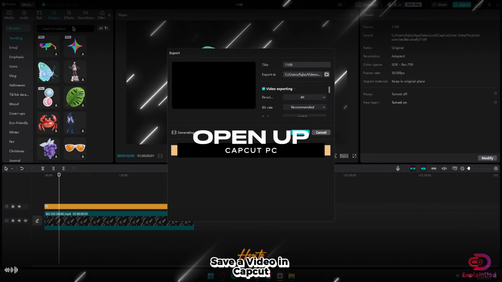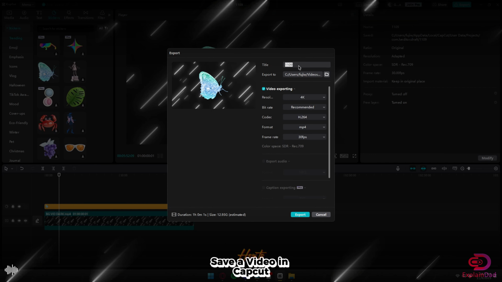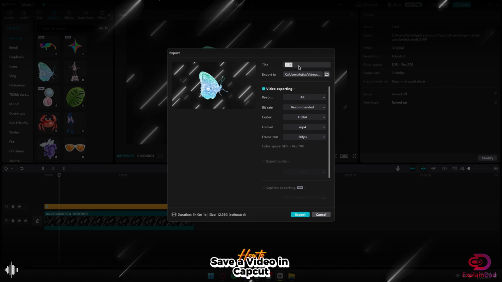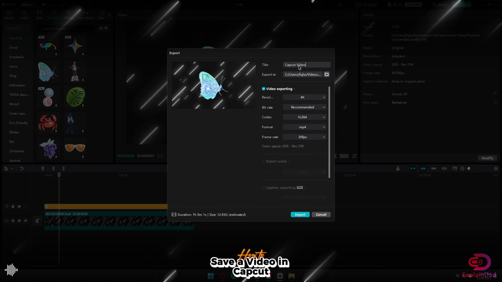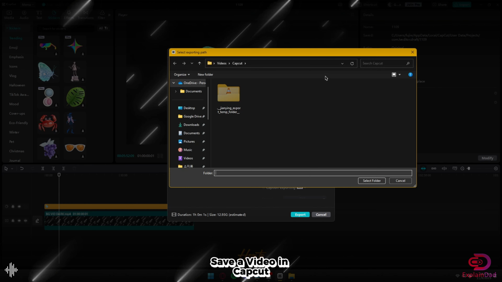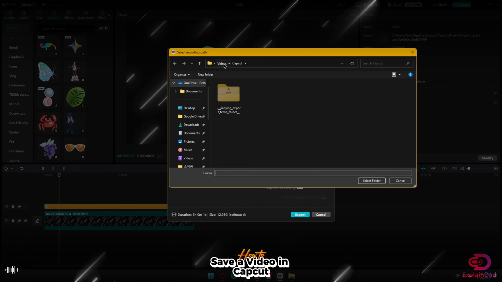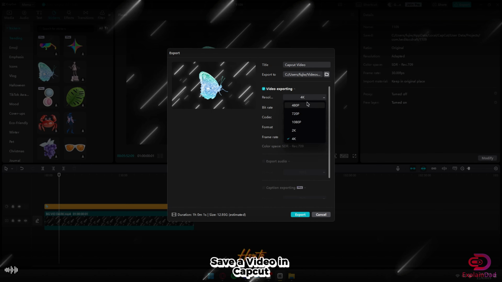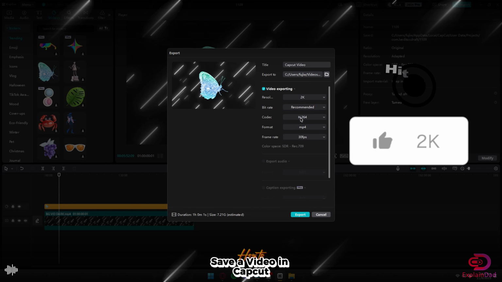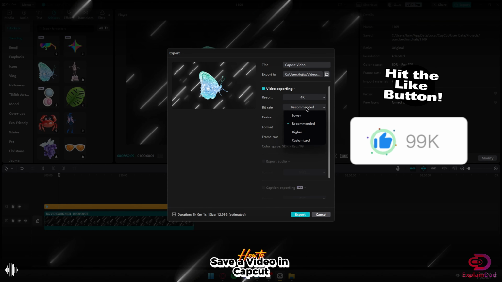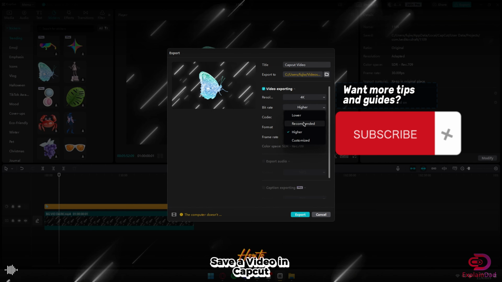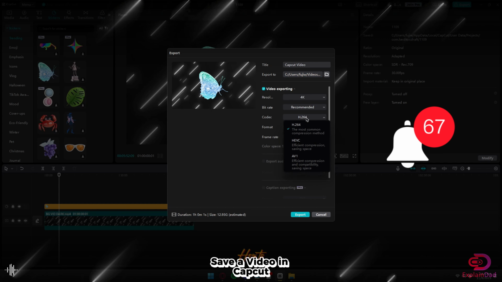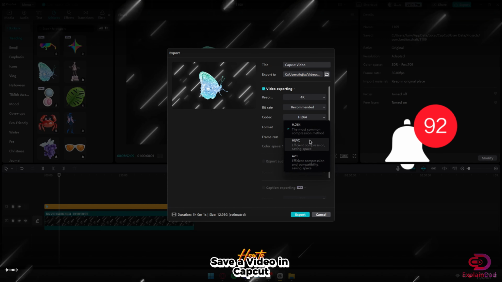So first, open up your newly made project, go to the drop down menu at the top left, then tap on export video. What that will do is introduce you to this new UI. After that, you can just choose whatever export folder you want the video to be saved in. Do your different types of configurations such as the resolution, the bitrate, the codecs,